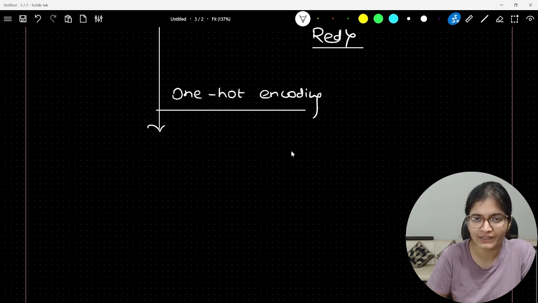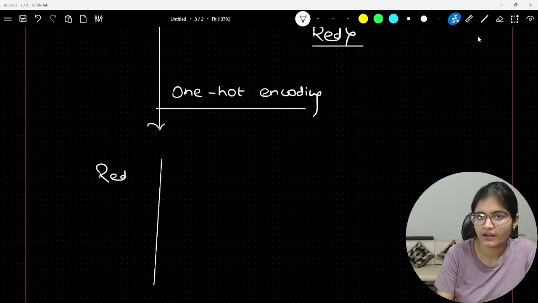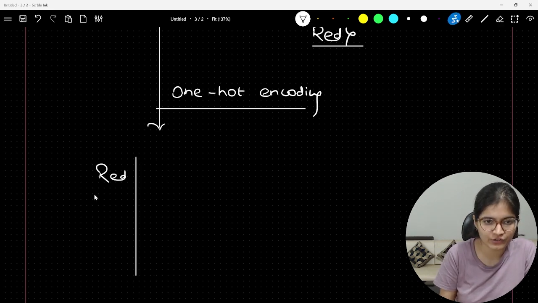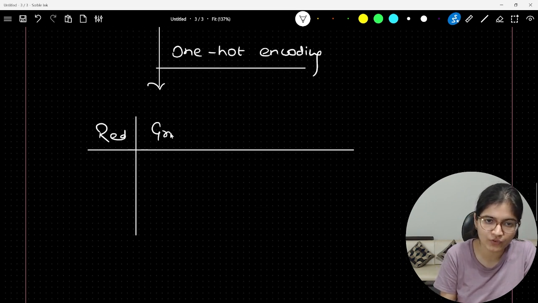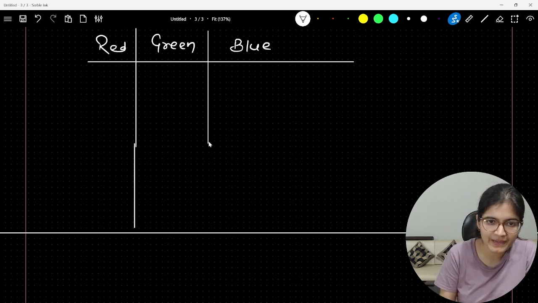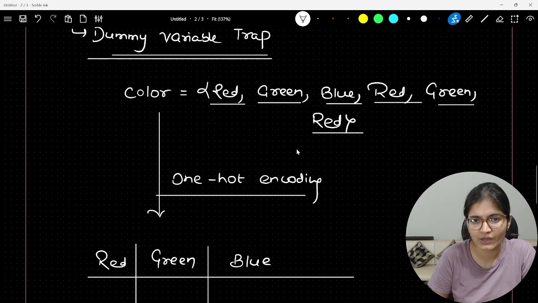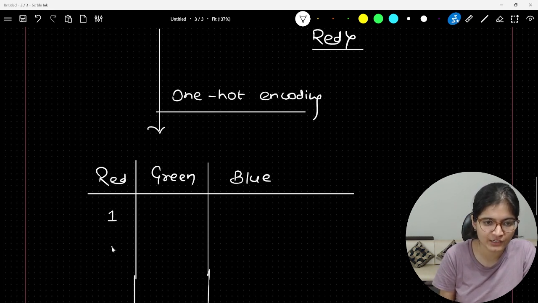I hope you all know. You will definitely say to me, Priya, it will create a new column for red, a new column for green, and a new column for blue, right? It will recreate that. So now, because we have 6 values, red is 1, the second value is green, so it will be 0.